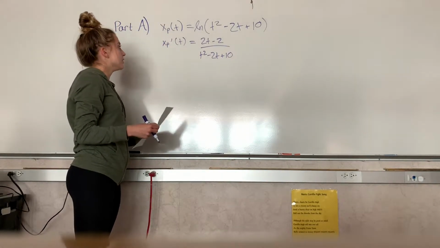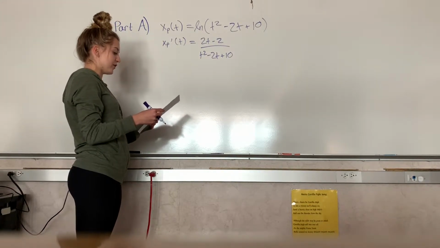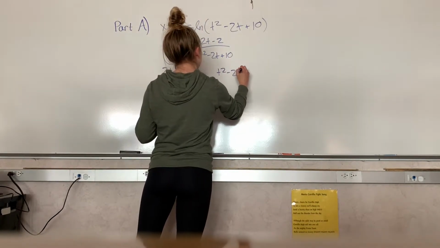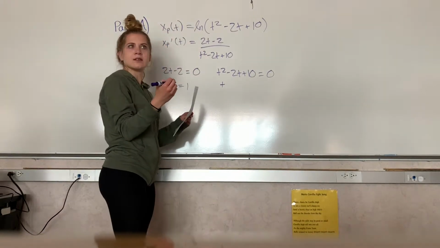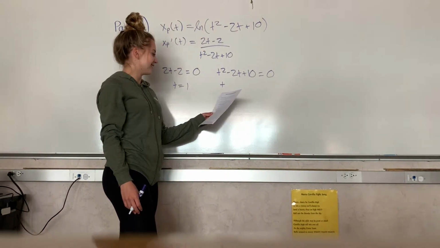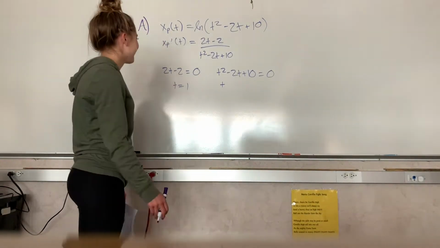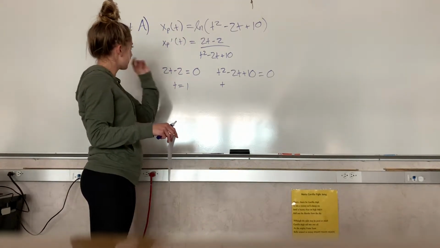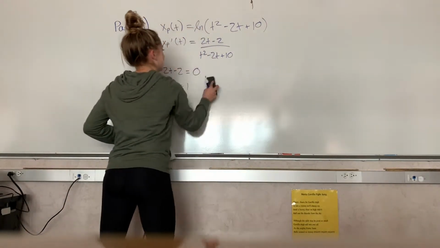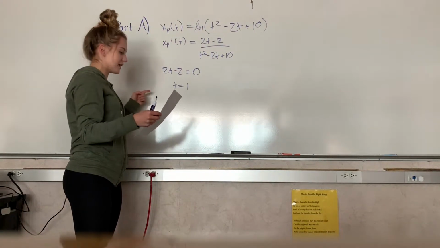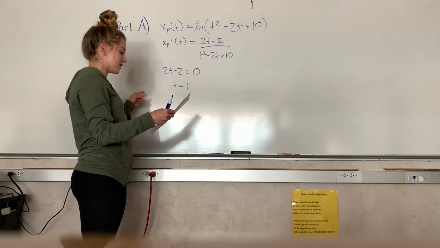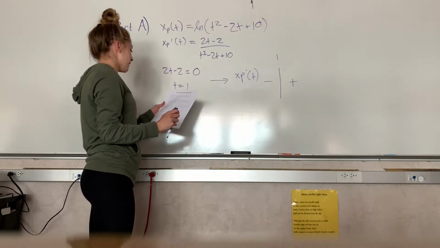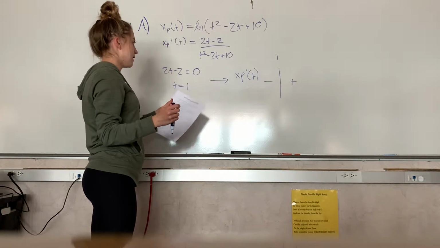So now that you have the derivative, in order to find when it's moving to the left, we first have to find the critical number, so we should set this to 0. So when you set it to 0, you get that t equals 1, and then you can check this by using the sign chart. And then, because it's asking when the particle is moving to the left,